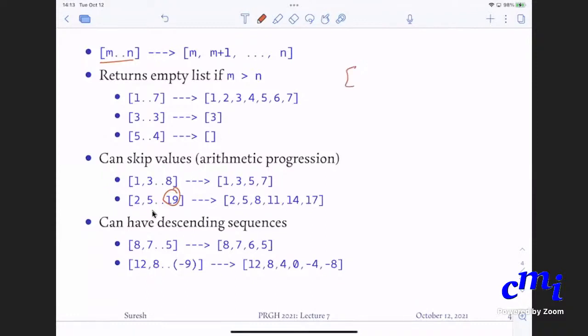And you will see that this list notation is not restricted only to numbers, but also any type of value that can be enumerated in some order. So you can, for instance, have a dot dot z. So this will be the list which is a, b, c dot dot dot.